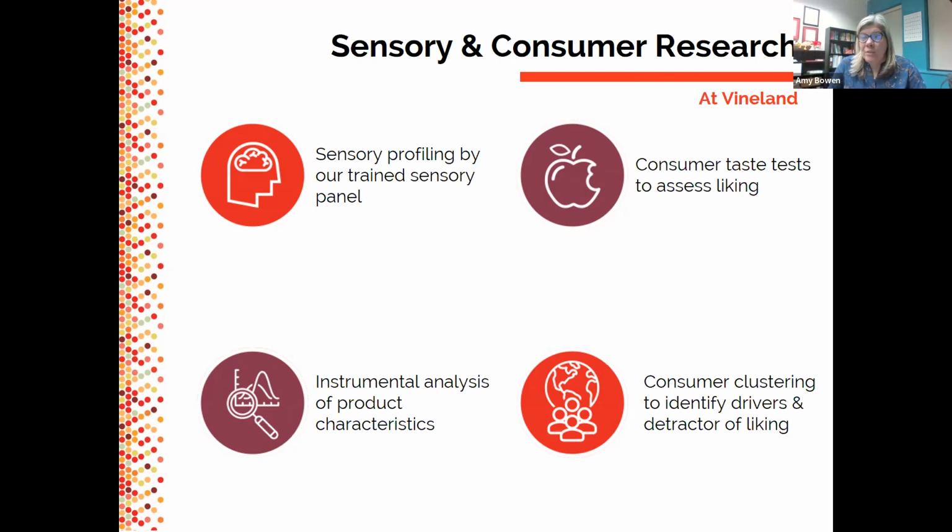Other things we've been doing: once we understand the sensory profiles that consumers like, which we learn through consumer taste testing, similar to part of what we'll be doing tonight when we take the poll at the end, we take these apples to people and get them to taste them and tell us how much they like or don't like them. Then, based on the apples they really like, we try to figure out, from what our trained panel did for those 18 attributes, what's defining liking. What are the characteristics that we know are driving it?